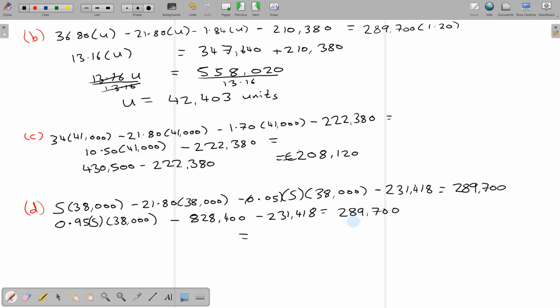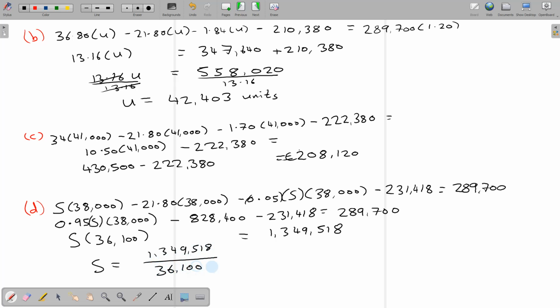So if I bring all of these over to the other side, I'll get 1,349,518, and if I multiply 0.95 by 38,000, okay, so for the selling price, you divide by 36,100, and that makes the selling price